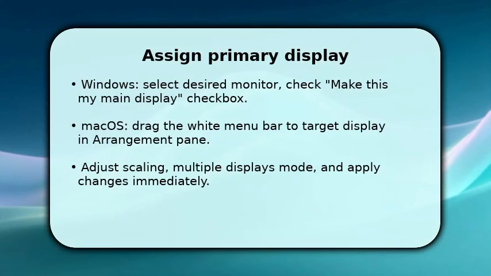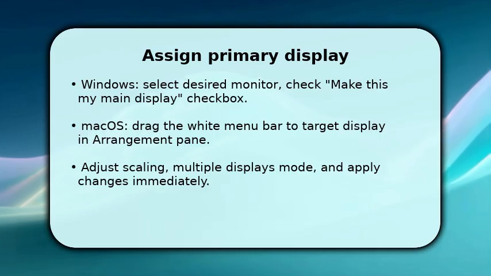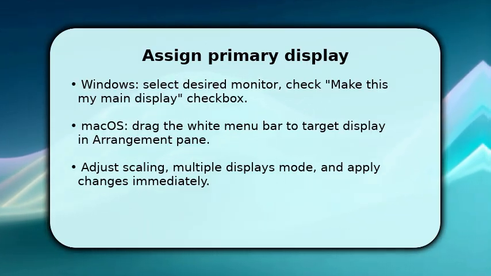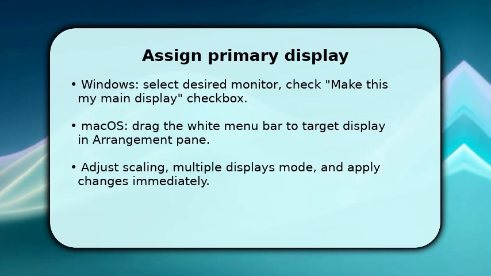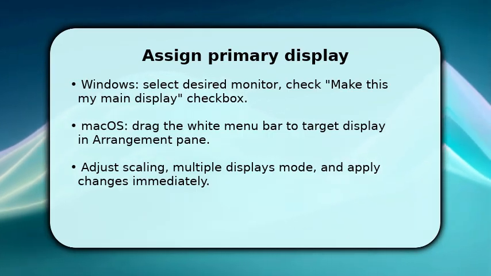Now assign the second monitor as primary. On Windows, select the monitor tile, then check Make this my main display. Apply if required. On macOS, go to Arrangement and drag the white menu bar to the target screen. Release